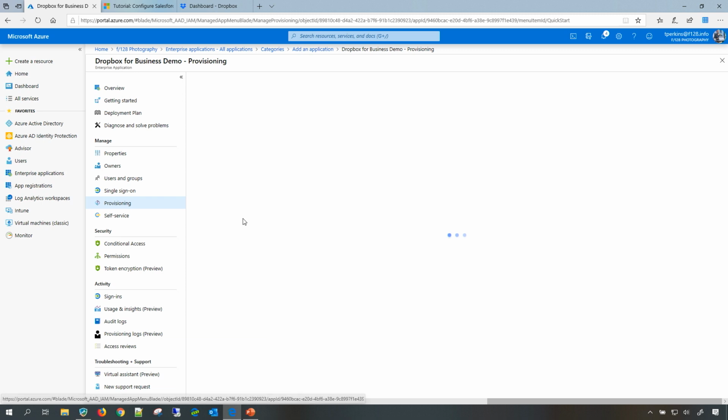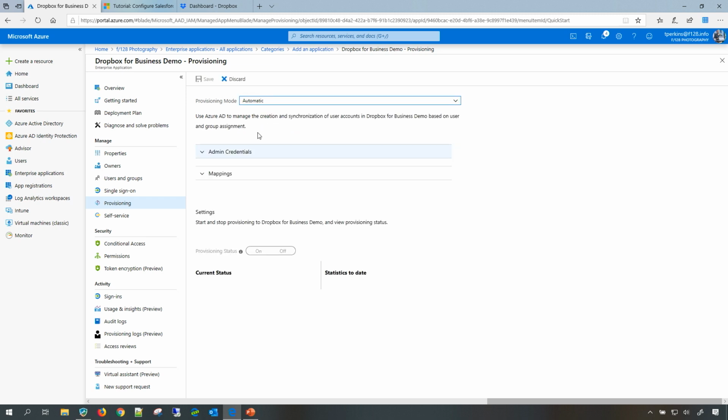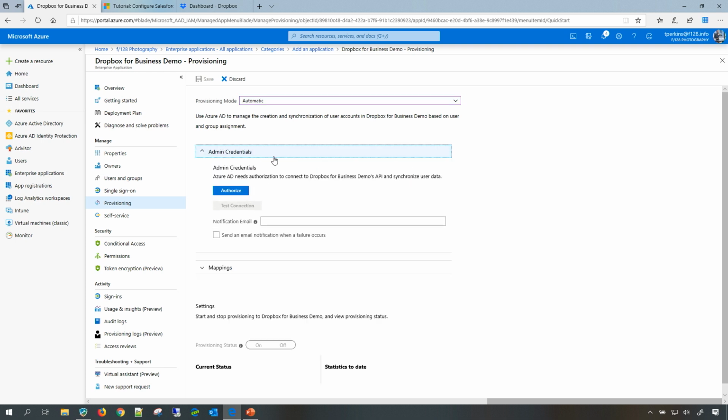Now let's click on the provisioning and see how you enable user provisioning with the app. By default, when you add the application, all the provisioning is set to manual. Now we are going to enable this for automatic user provisioning with Azure Active Directory. That's why you have to choose the automatic option. The first thing it will ask for is authorization. That means you need to make sure that you log in with admin credentials to that target app and authorize